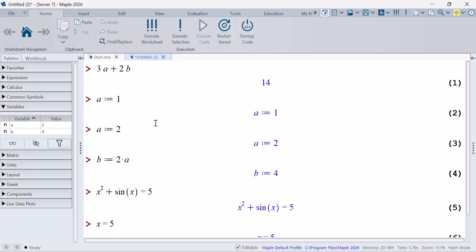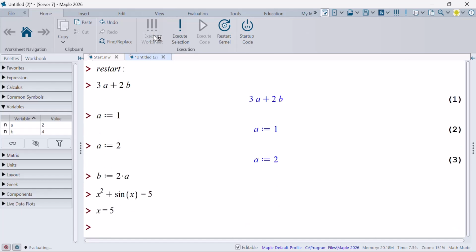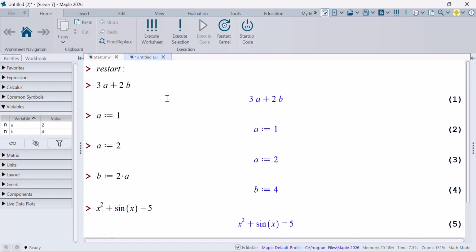To avoid this, it's good practice to include a restart command at the top of every worksheet that you work on. This resets all values from all variables. Now, when we execute the worksheet again, we see that 3a plus 2b evaluates to itself because a and b